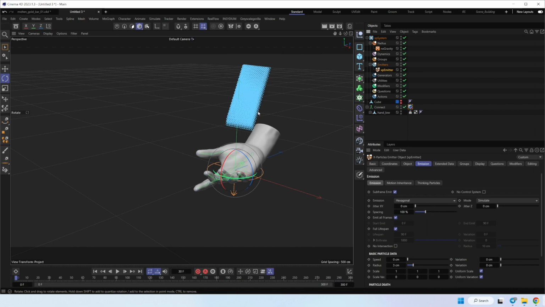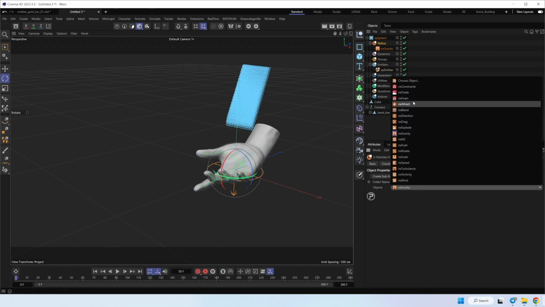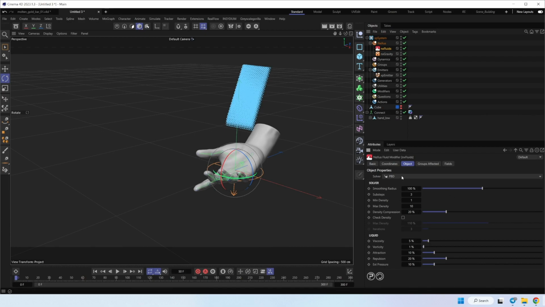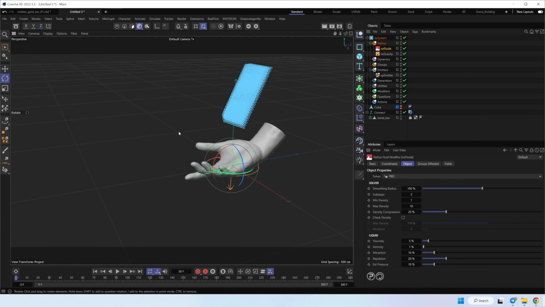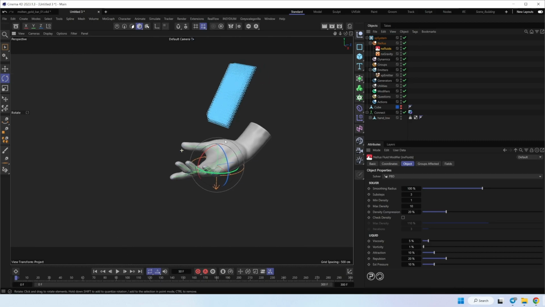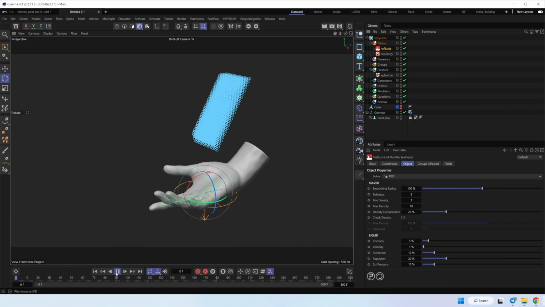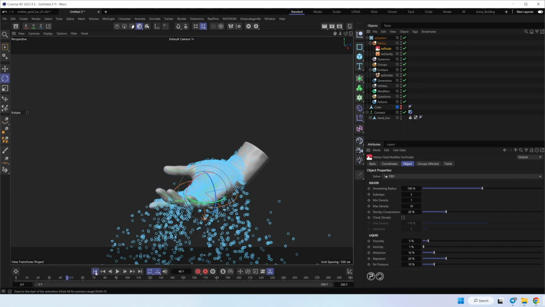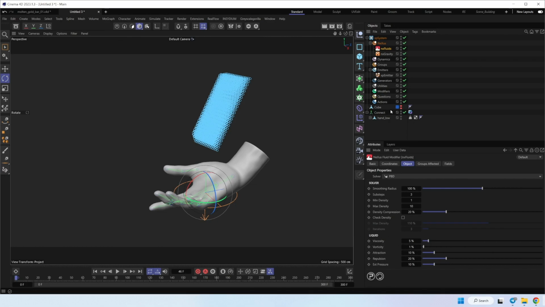We don't need a lot of particles each frame, we just need particles on the first frame, so set the emitter to first frame only. Great. Now let's add fluids. Let's check this with standard settings. I've turned off my grids to see it better. Great. But now we have to add more viscosity to this.